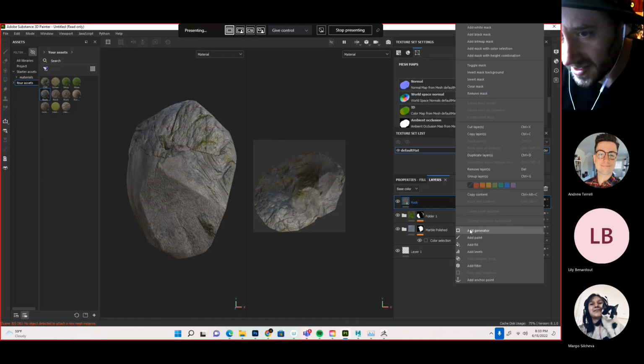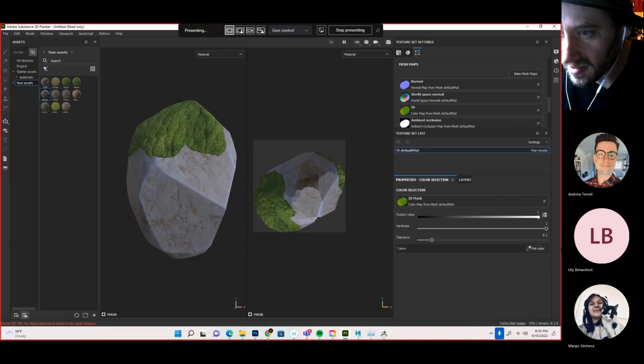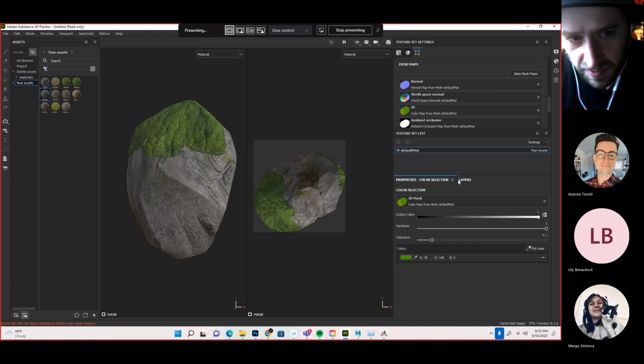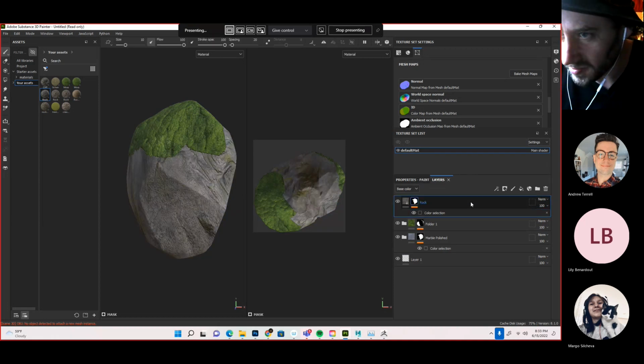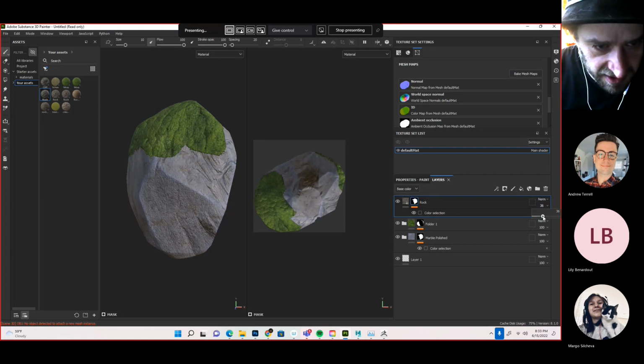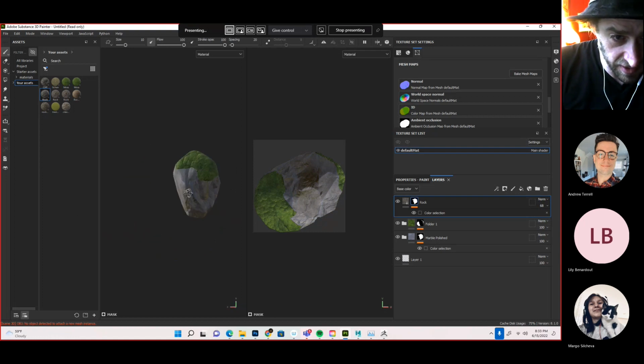And then I can add a mask with color selection. Pick this color. So now I've got two different rocks. I could choose one, or I could mask it out a little more. I'm just going to bring down the intensity on one so that I still have a little bit of the one underneath. This is not the prettiest rock, but